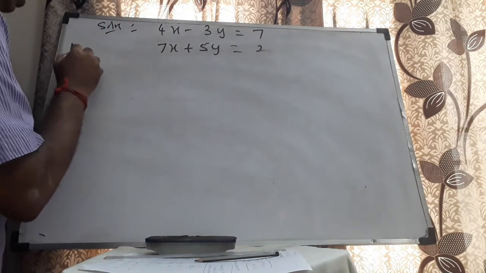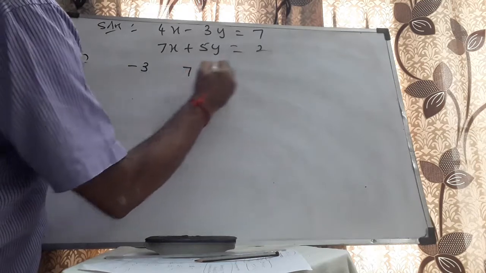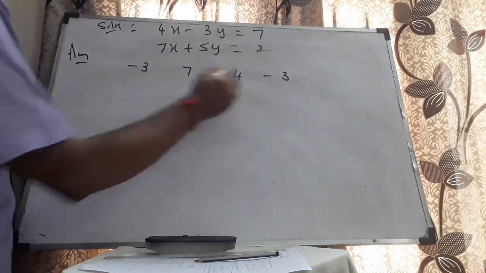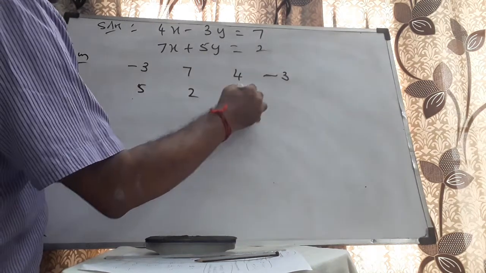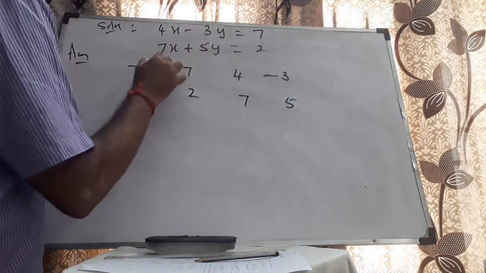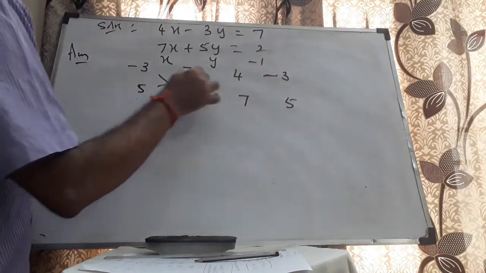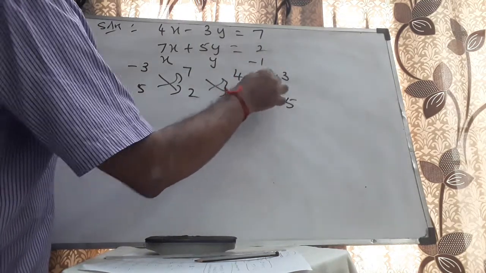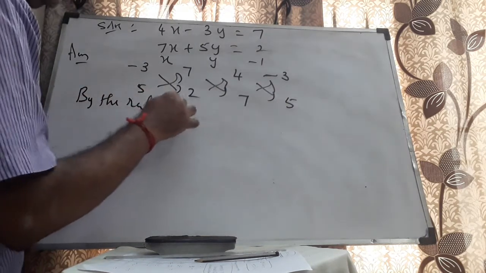Let me start writing from the middle coefficient. Minus 3, 7, 4, again minus 3. Then of course 5, 2, 7 and then 5. Write x in between them, y in between them, minus 1 in between these two entries. Put arrow marks like this. By the rule of cross multiplication,